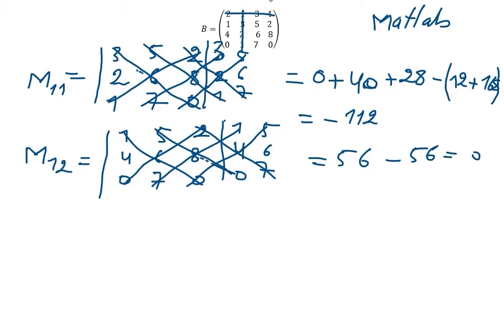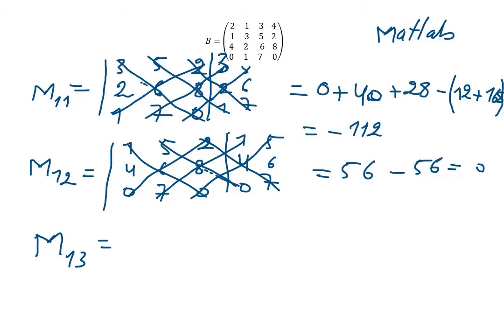It is clear here when we look to this row, this column here and this column are proportional, so its determinant will be equal to 0. And when we do the same here for m13, let me write this once here, m13 is equal to